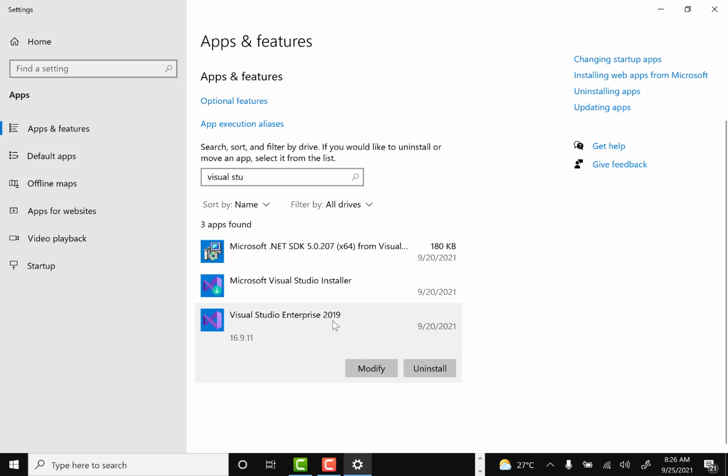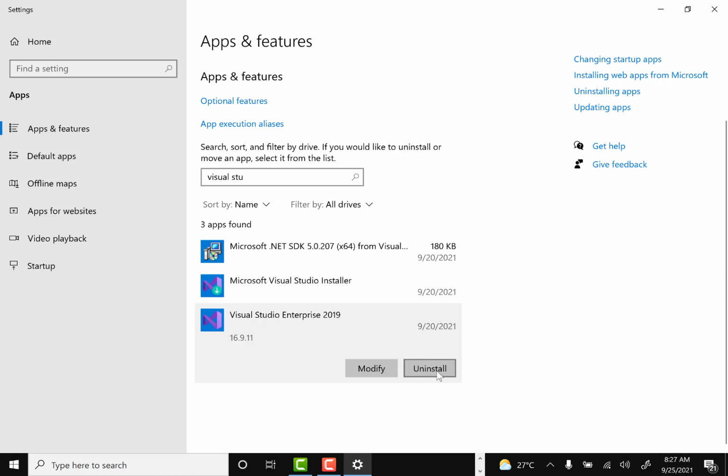Sometimes you want to uninstall, let's say if you don't need it right now, or maybe you want to downgrade the version. For that also you have to uninstall, and then you can install another version, right? When you are upgrading, we don't need to uninstall, but when you are downgrading, then definitely you have to uninstall the larger version, and only then will you install the downgraded version, right? So first we'll uninstall this part, and then we'll uninstall this installer part.